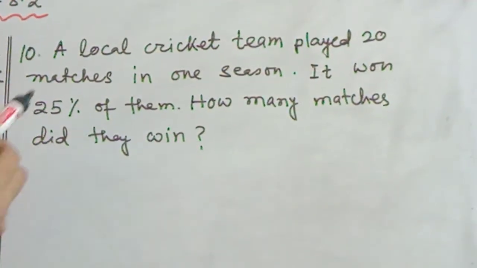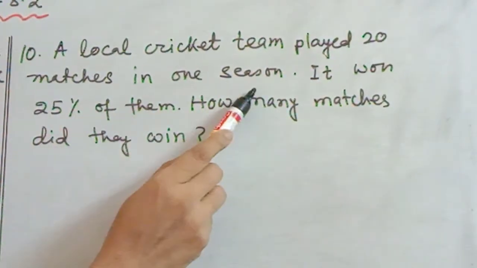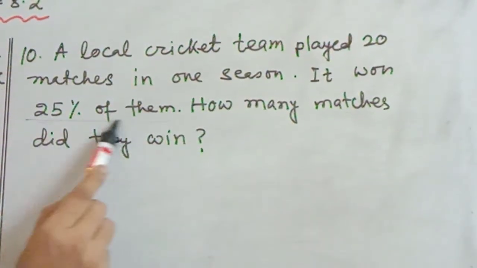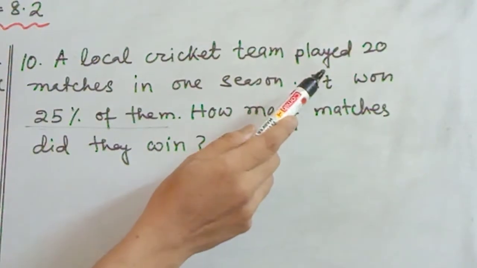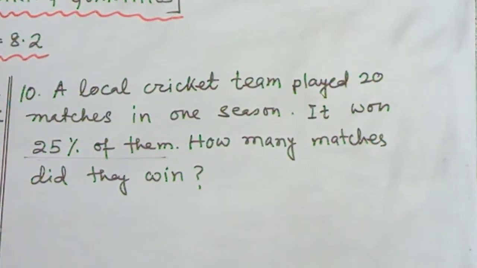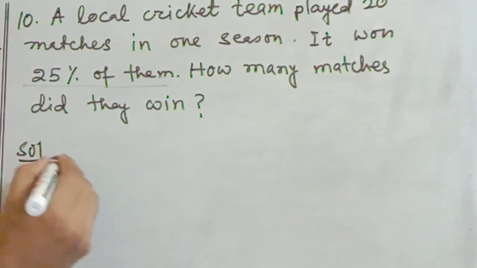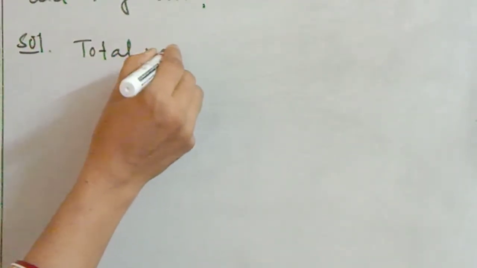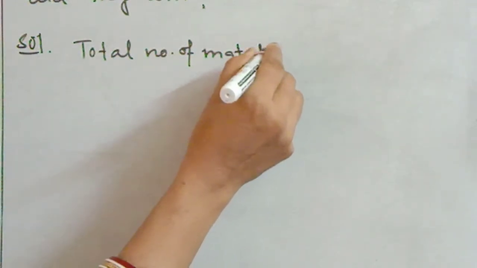Question number 10. A local cricket team played 20 matches in one season. It won 25% of them. How many matches did they win? So total number of matches played is 20. 25% of 20 you have to find out. Directly you can find it. Solution: total number of matches played